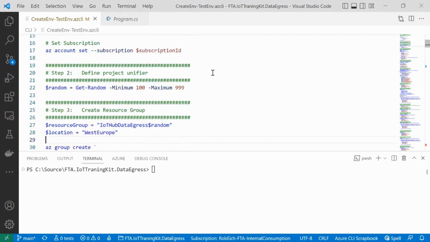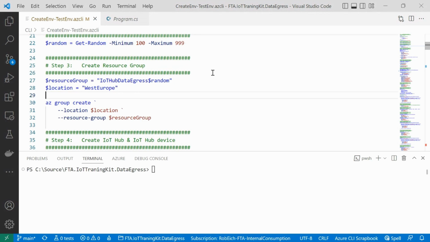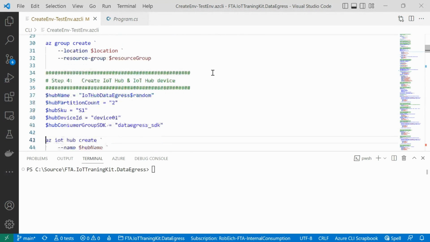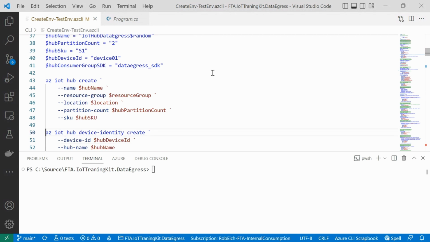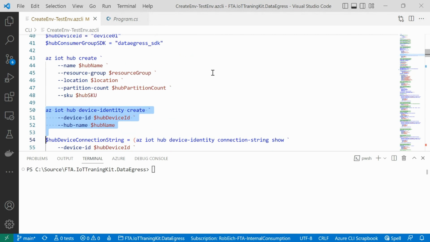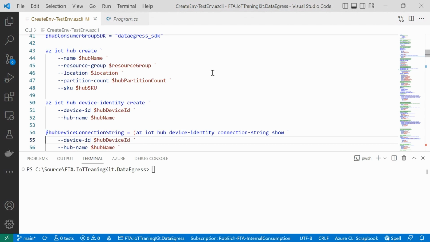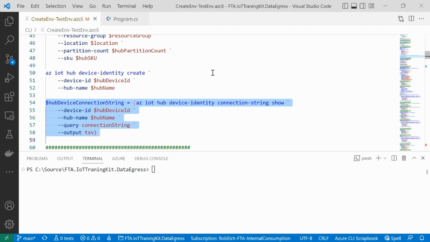The stuff what I'm doing here is pretty straightforward. So I'm creating a resource group, then I'm creating an IoT hub. So here you can see that I'm creating an IoT hub. I also create a device inside of IoT hub. Remember, I want to really simulate the message flow from a device, and therefore I need the connection string from IoT hub for the newly created device.